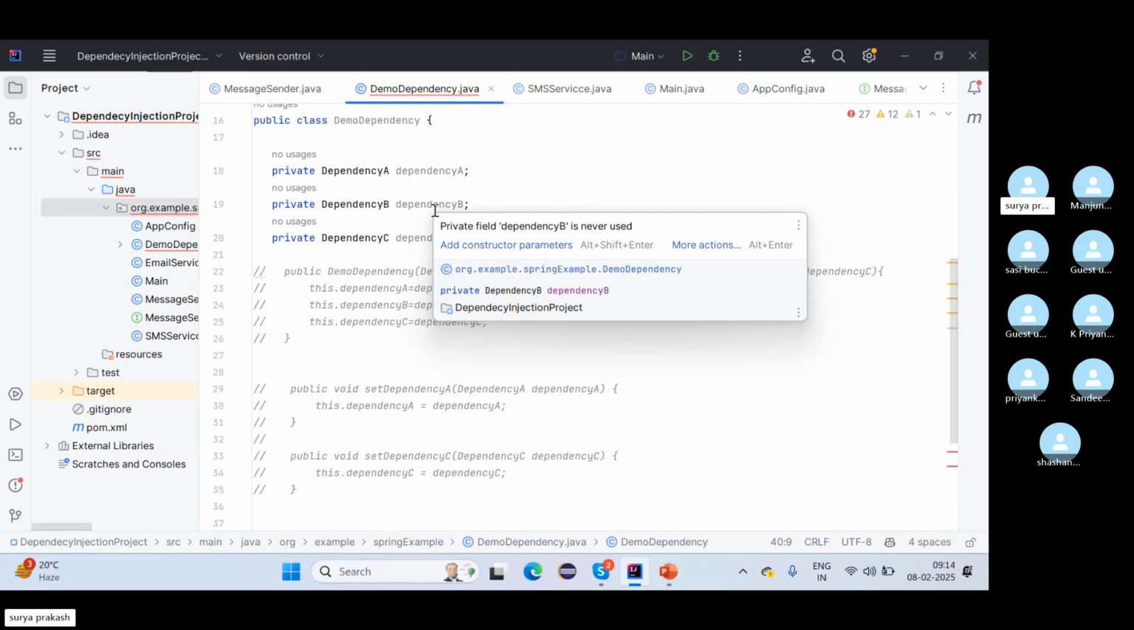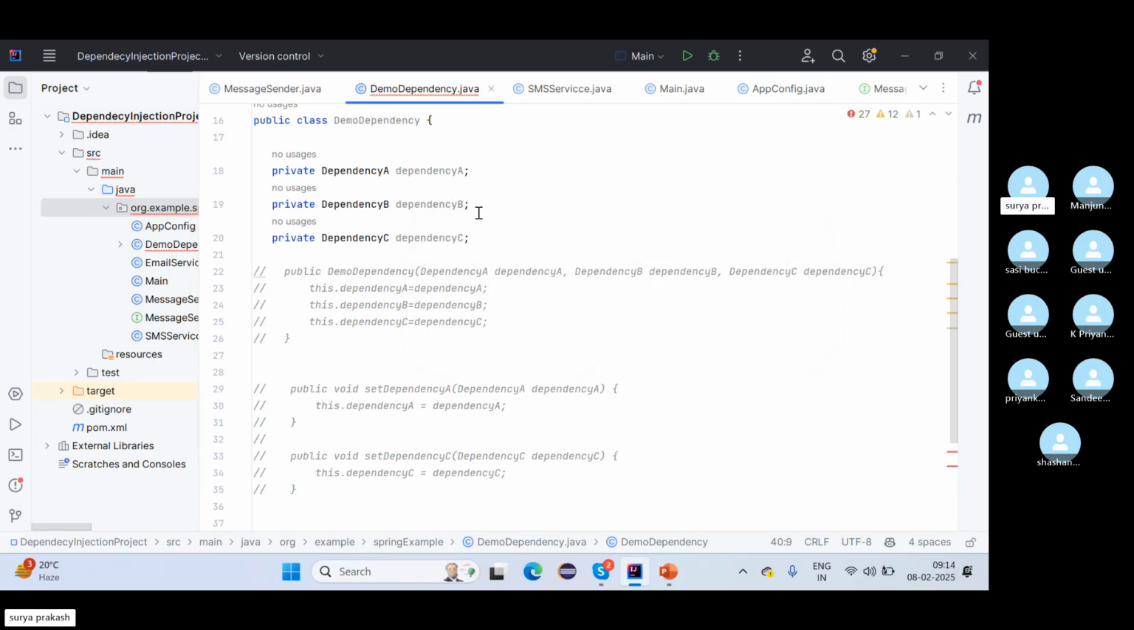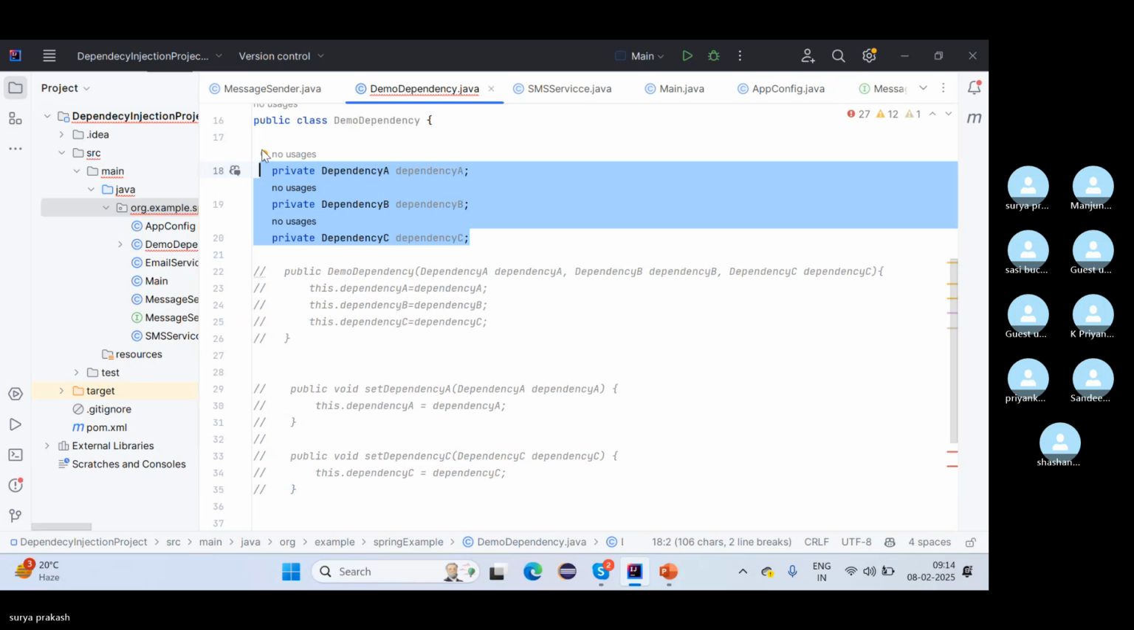But while field injection is convenient and a concise way to manage the dependencies, concise means less code. In these 3 lines of code only, we are simply injecting the dependencies, right? So it is a convenient way, but it uses the reflection process. By using that reflection process, there might be a chance of security issues for our application. That's why field injection is not